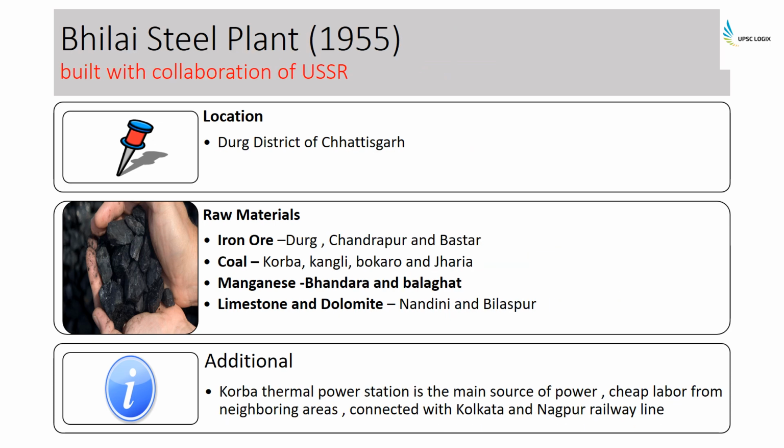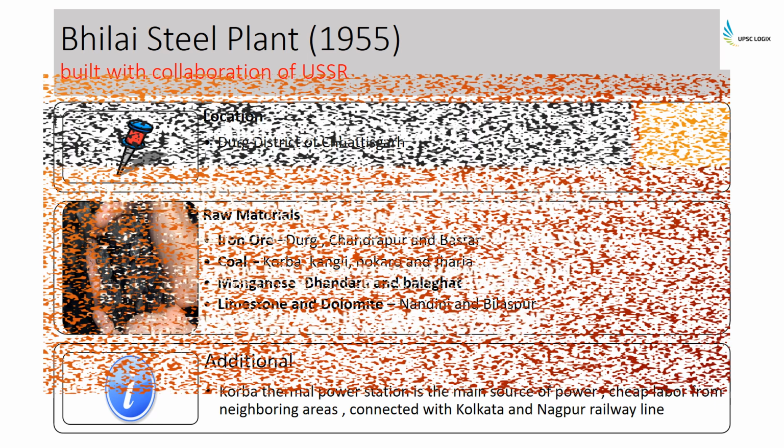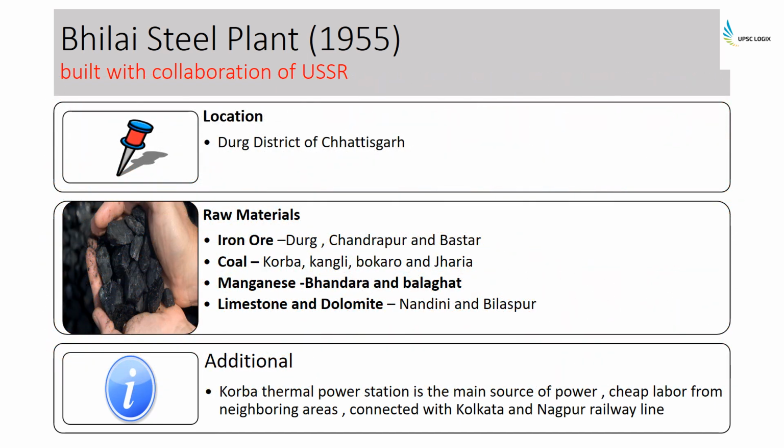The contract for establishment of Bhilai Steel Plant was signed between the Government of India and USSR in the year 1955, and the initial capacity for this particular plant was 1 million tons and was inaugurated in the year 1959 by the President of India, Dr. Rajendra Prasad. So the Bhilai Steel Plant is situated in the Durg district of Chhattisgarh, and the iron ore comes